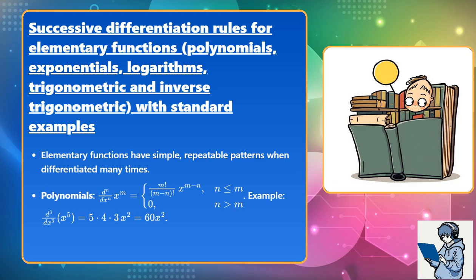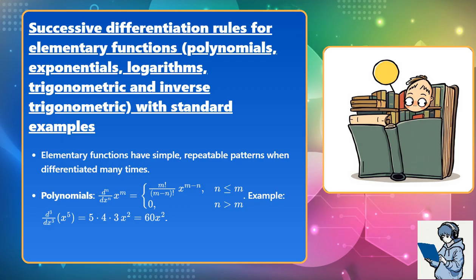d to the n over dx to the n of x to the m equals m factorial over (m minus n) factorial times x to the m minus n when n is less than or equal to m, otherwise 0 when n is greater than m. Example: d cubed over dx cubed of x to the 5 equals 5 times 4 times 3 times x squared